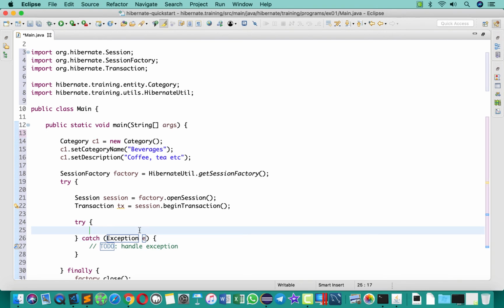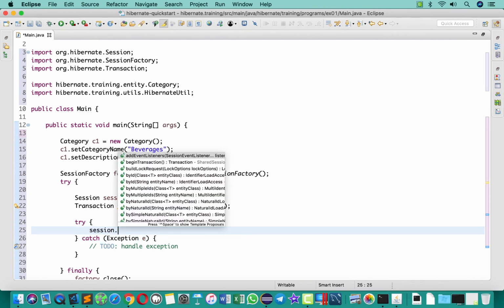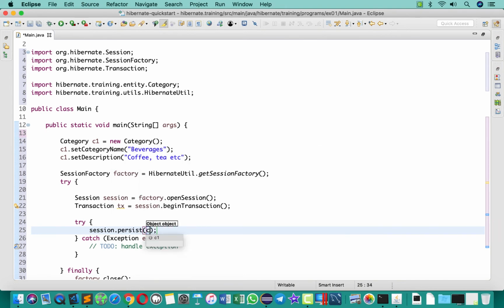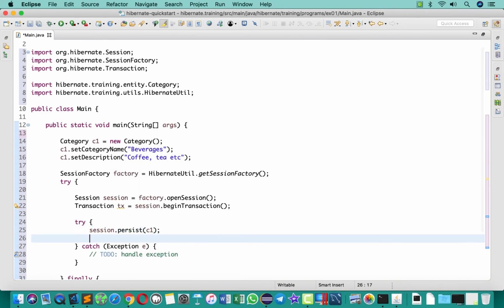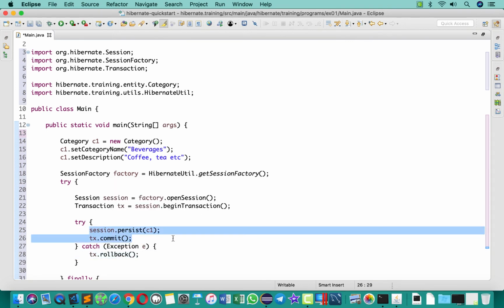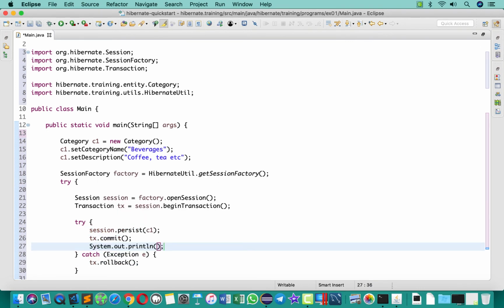In order to save the category object, I simply say session.persist and then type c1, which is a category object. If that is successfully done, I want to commit. If there is any error, I want to roll back. So if this is successfully saved, I want to tell the user that the category object has been saved. I'll type here "New category saved with ID", and then I type here